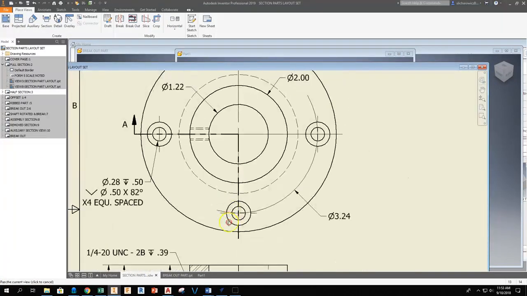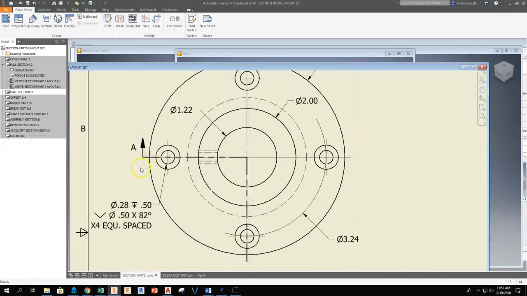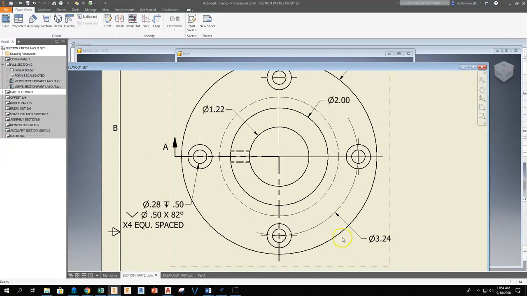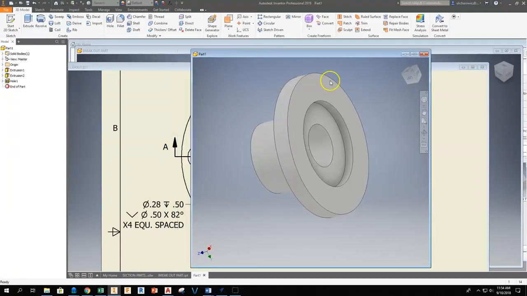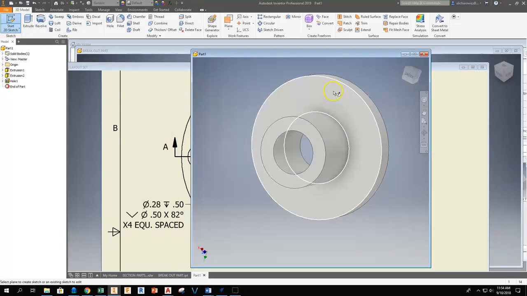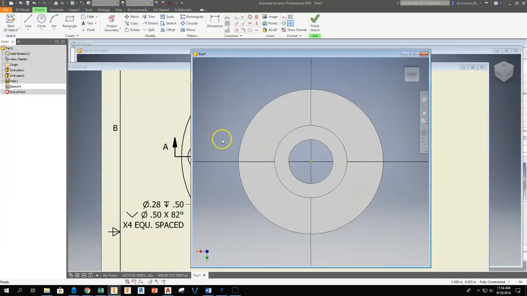Right, so I think the next piece we need to do here is set up our 4 equally spaced countersinks. The only thing we need to do is space from the center one of these counterbores. Now, the information here is saying that there is a diameter spacing ring that is 3.24 off of the center. So what we'll do is go back to our part. I'm going to flip my part around again, and set a sketch on that face that we're going to put our